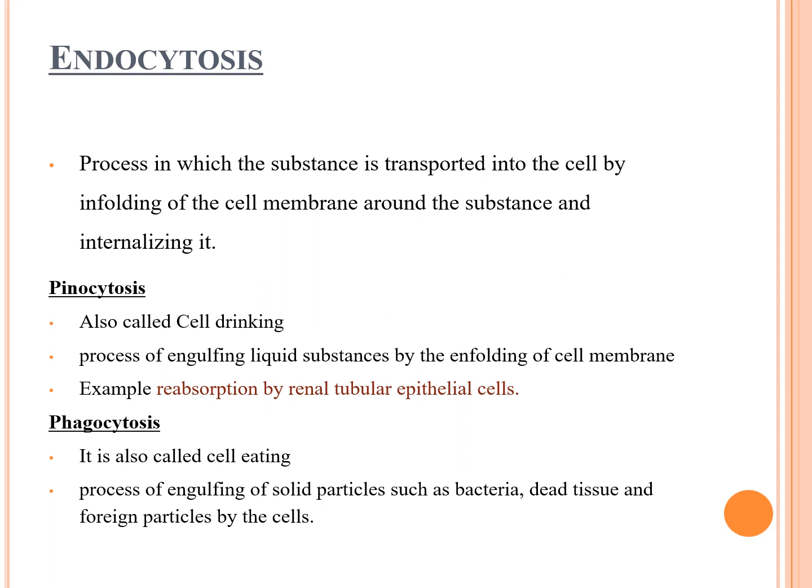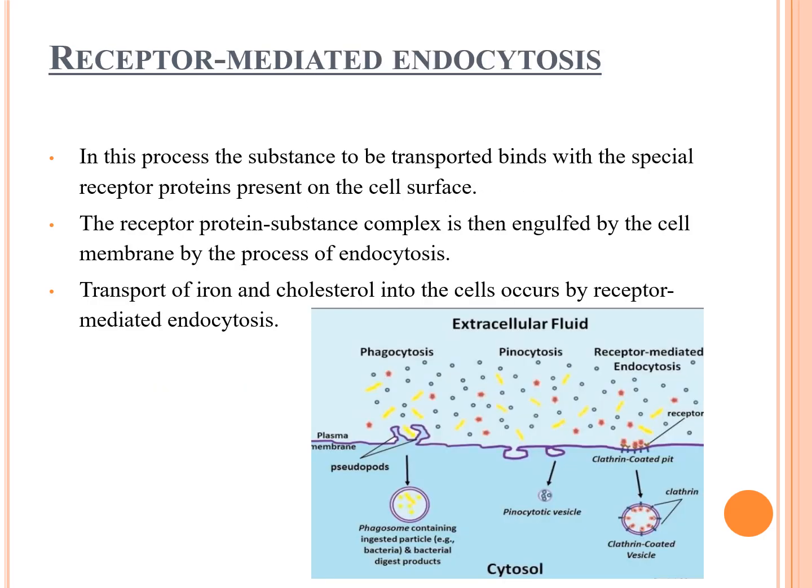So pinocytosis, also called cell drinking, is the process of engulfing of liquid substances by enfolding of the cell membrane. The example for this pinocytosis is reabsorption by the renal tubular epithelial cells. What is phagocytosis? It is also called cell eating, where it is the process of engulfment of solid particles such as bacteria, dead tissue, and foreign particles by the cells. So here you can see in the picture that